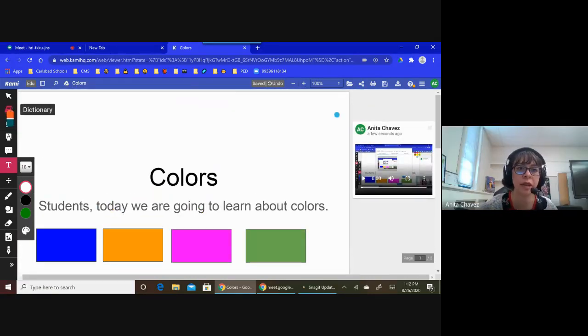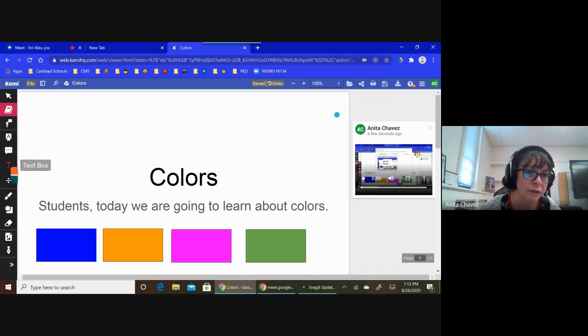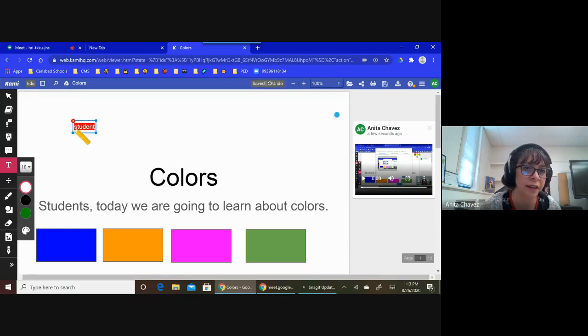For the students, you can't really use the dictionary. It's kind of weird. For the teacher, when you're building in Cami, I don't know if it'll work. If I try to highlight it, it's a little harder.